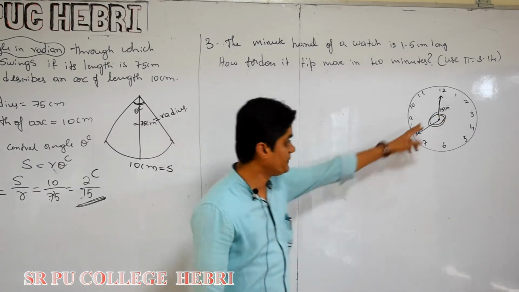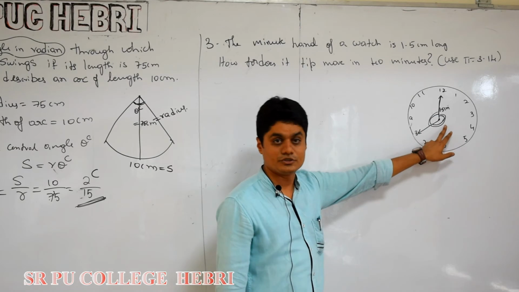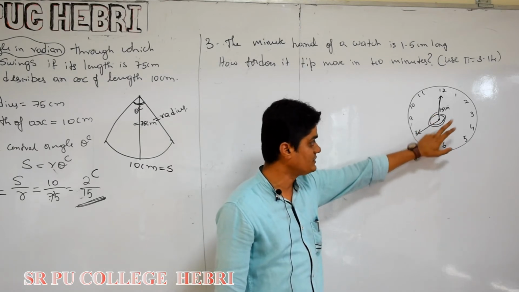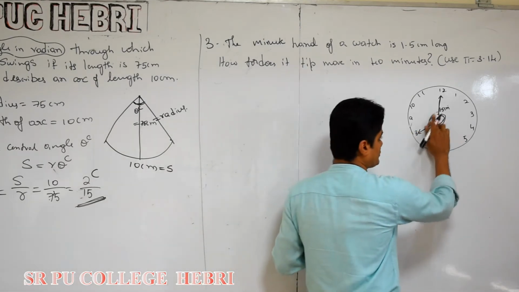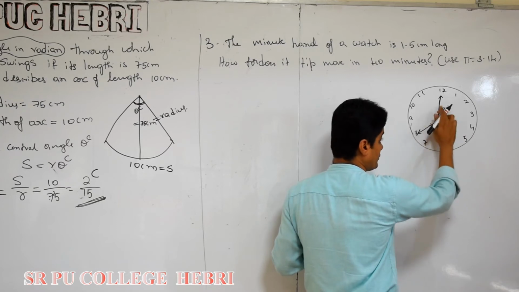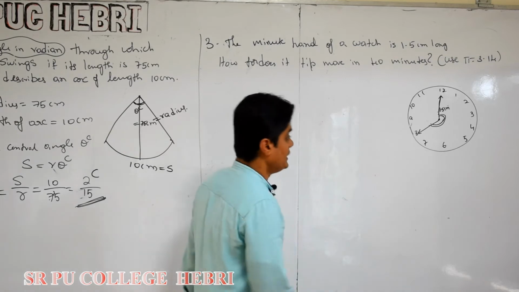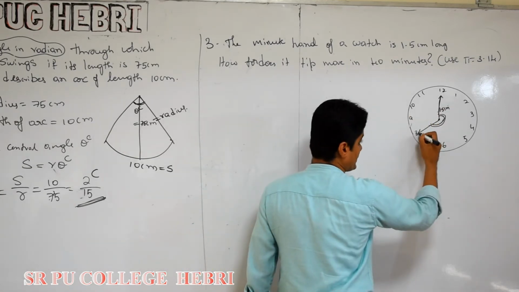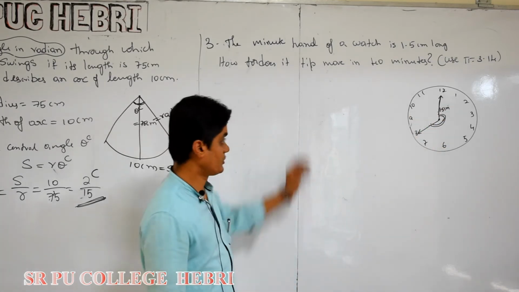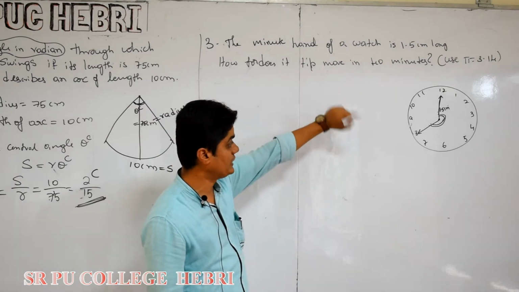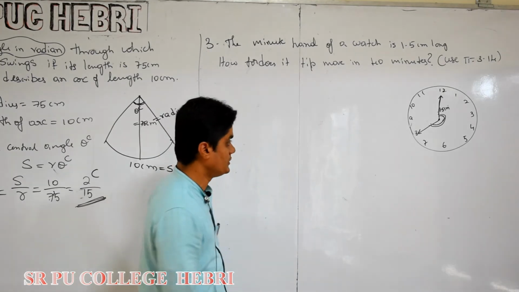If you find this out, you subtract it from 360, then you will get this. You can find this directly, so I'll erase this, but you can also find this, remember that. So let me find out this angle. When it reaches from 12 to 8, it will definitely take 40 minutes, and that angle we have to measure.